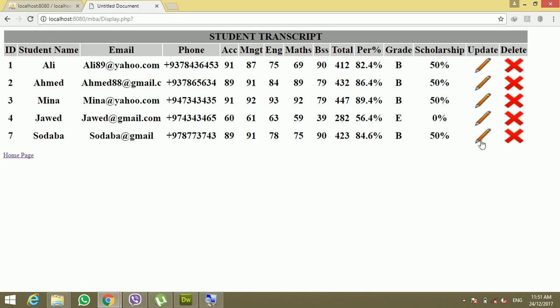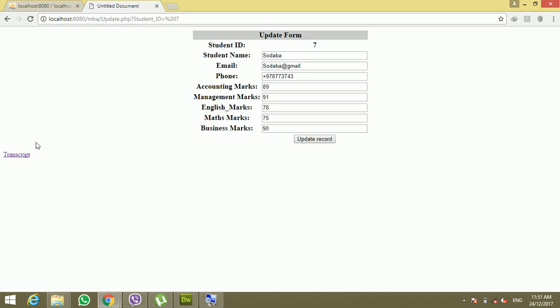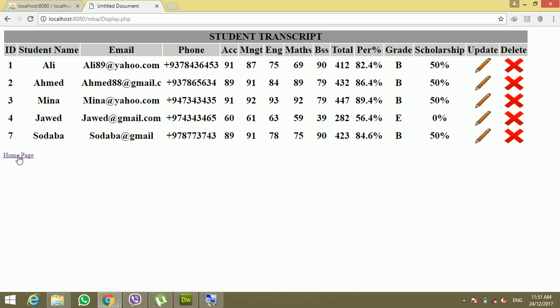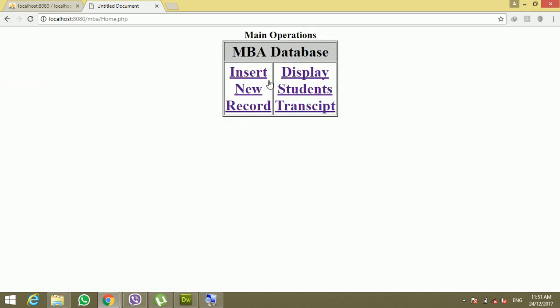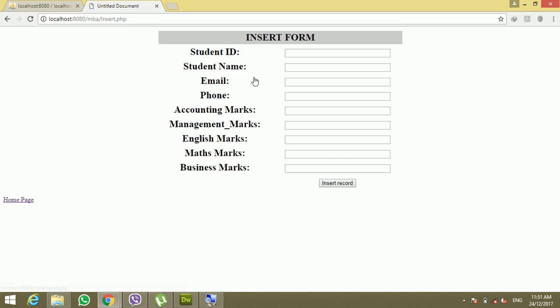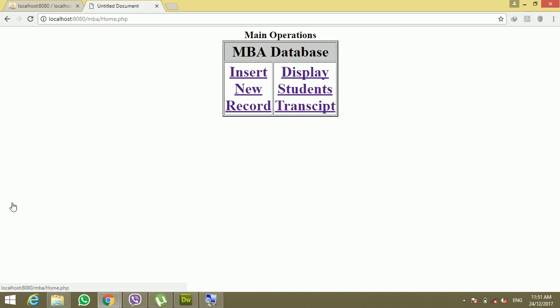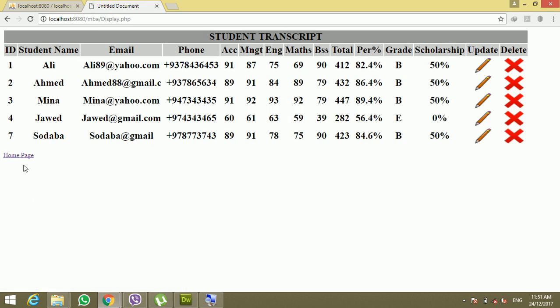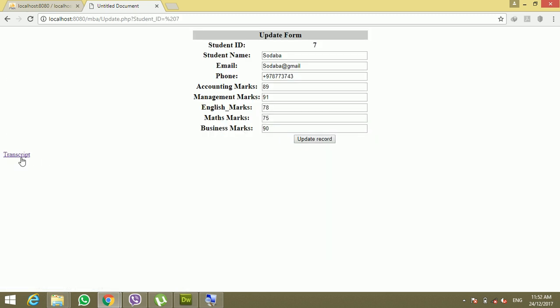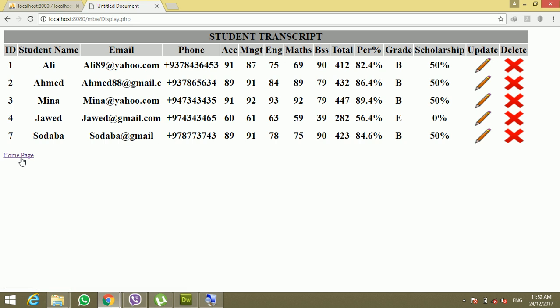If you want to edit, you can edit. If you don't want to, you can go back to the transcript. Is it clear? So now this is your complete website having main functions of a database. If you want to go back to the home page, this one, if you want to insert a new record, you don't want, if you want to display a record, and you can edit and delete, and if you want to go back, you can. Is it clear? So